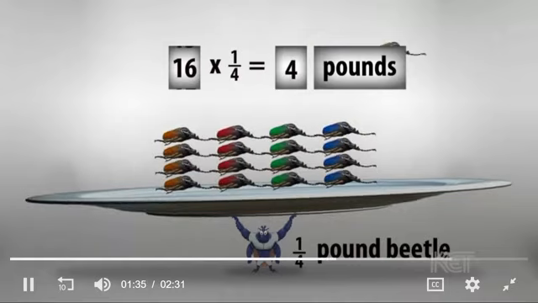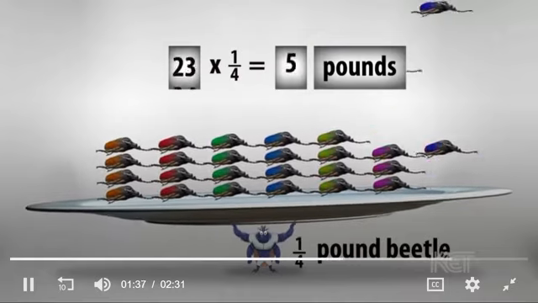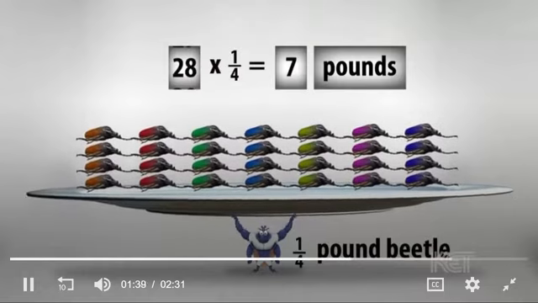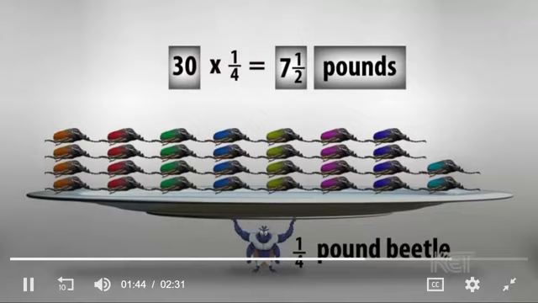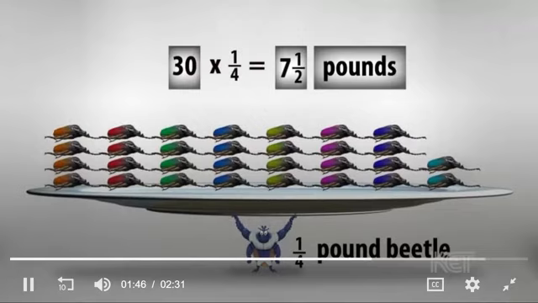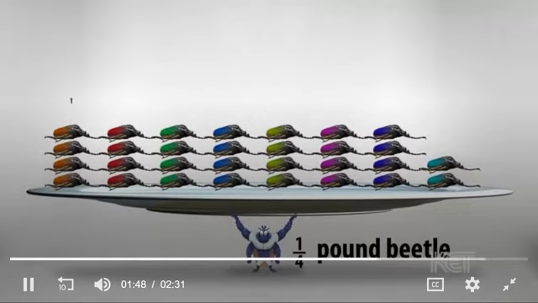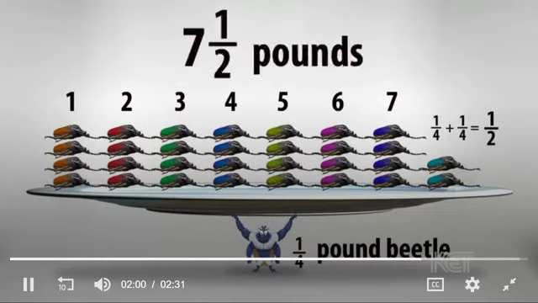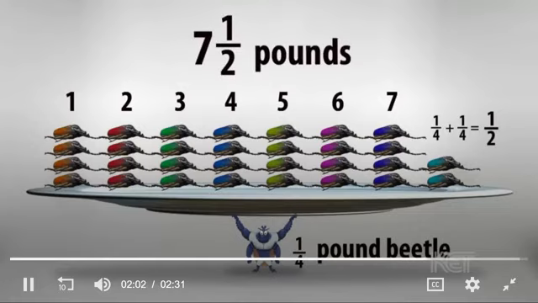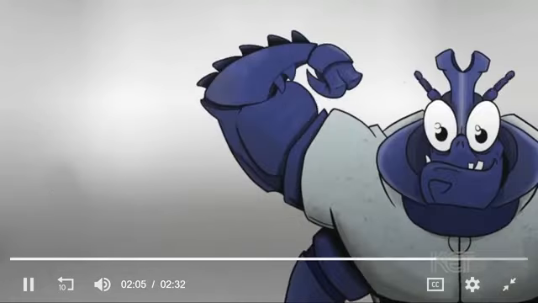Let's add on more pounds until we reach 28 times the weight of the beetle. Now we need just 2 more 1/4 pound weights to make 30 times the Goliath beetle's weight. 1, 2, 3, 4, 5, 6, 7, 7 1/2. We have our answer. A 1/4 pound Goliath beetle that lifts 30 times his own weight is lifting 7 1/2 pounds. Here's another weightlifting problem.